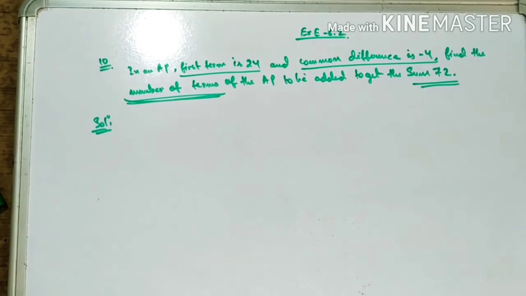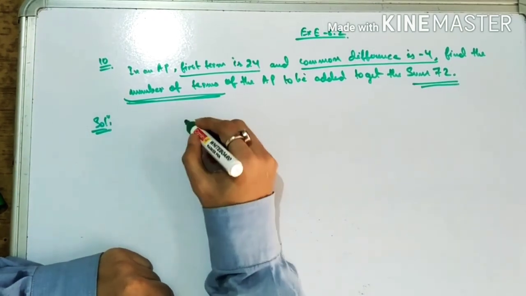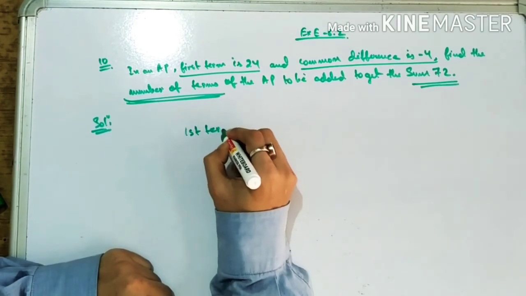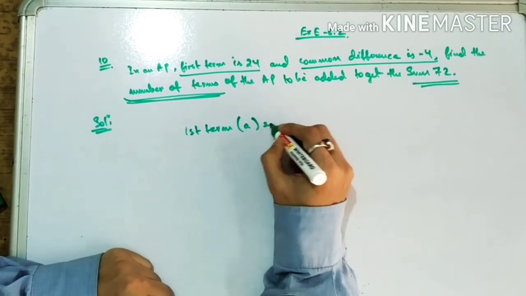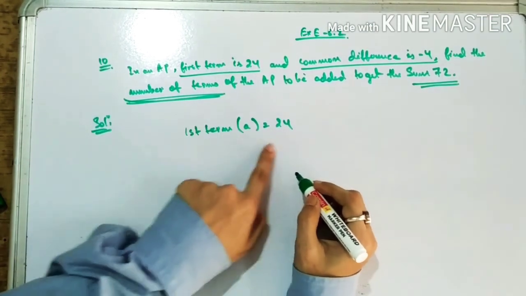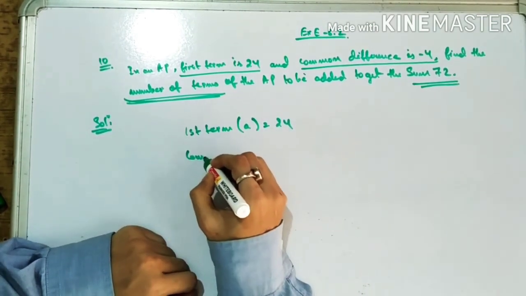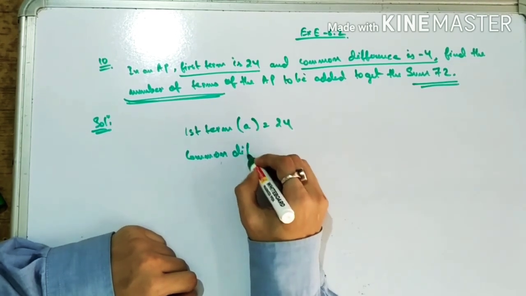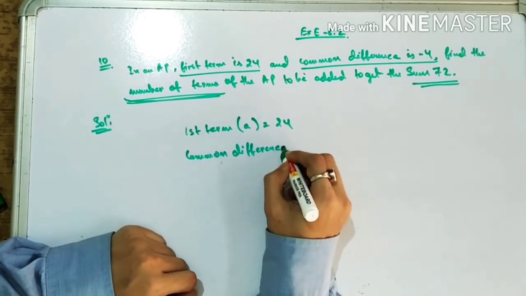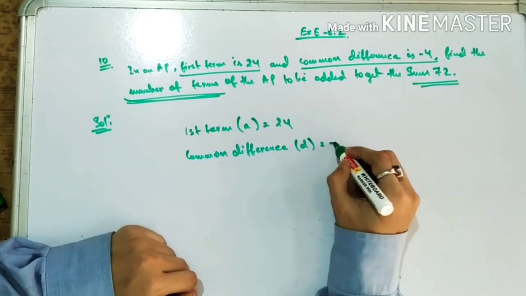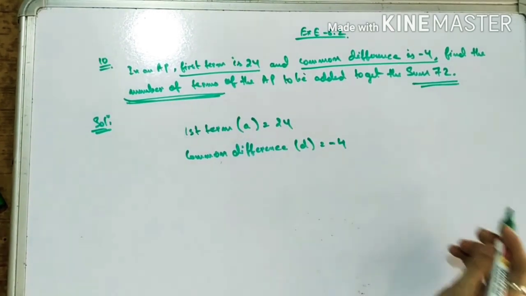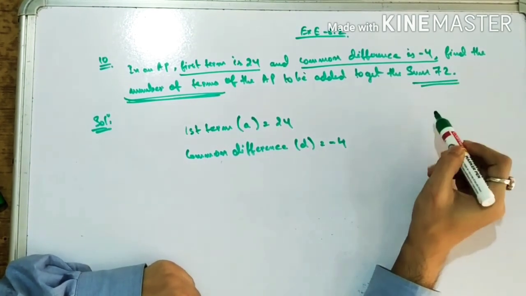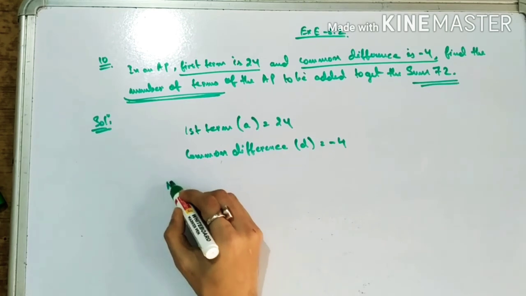So in here it is given that first term A is equals to 24, then common difference D is equals to minus 4. I have to find the number of terms so that the sum becomes 72. So now you see